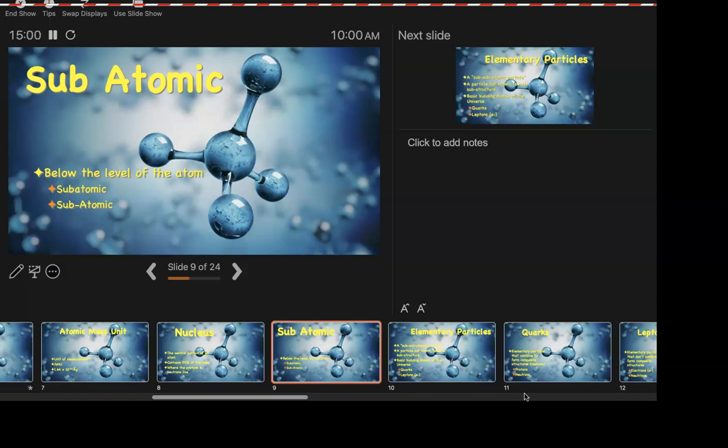Here, I've been using the word subatomic. All right? Sub means below. So subatomic is below atomic level, that's smaller than an atom. Think about some other words you know. Submarine. Substandard. Subsidence. I don't know if that one works. But you get the idea. It's prefixes and suffixes. Everything's a little bit of Latin English in the end, really. So subatomic, you can spell it however you want. If you want to use a hyphen, feel free.